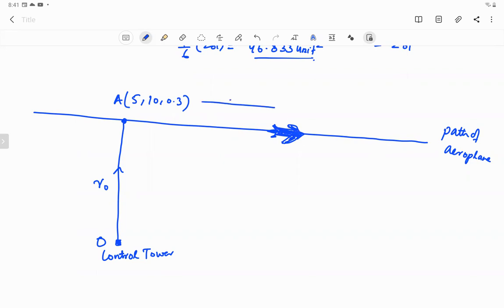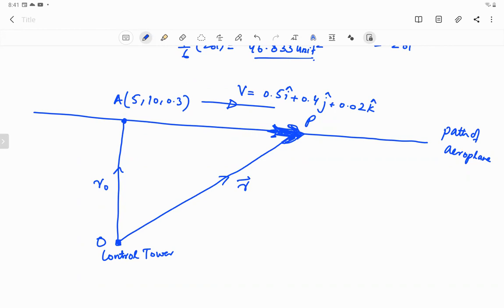The velocity of the aeroplane in this direction was given by 0.5i, 0.4j, and 0.02k. Okay, this was the velocity vector. And t seconds after passing A, the aeroplane was at a position point P. And this r was its position vector. OP represented the position vector of the aeroplane t seconds after passing through point A.